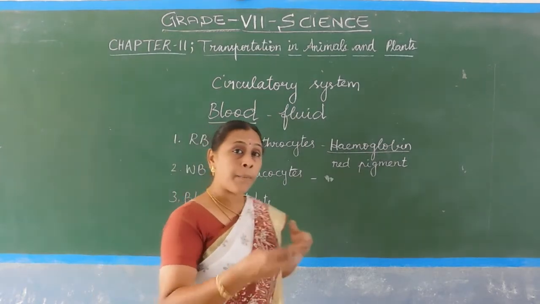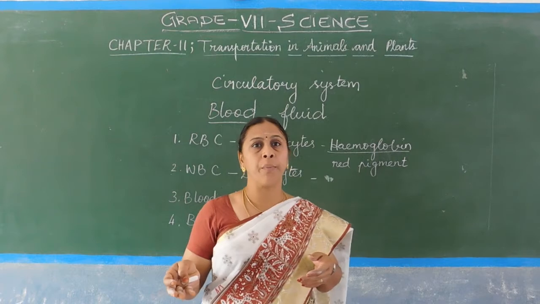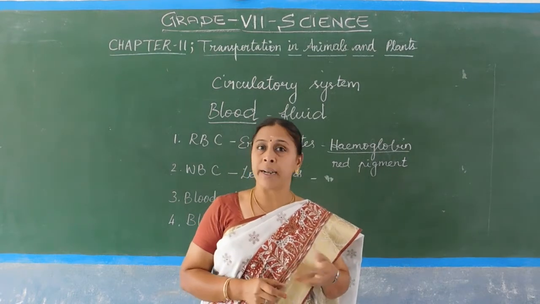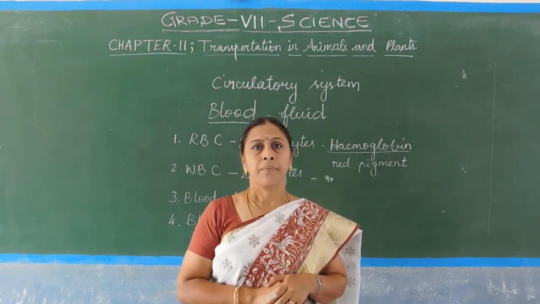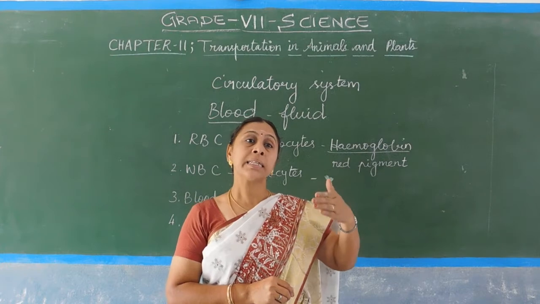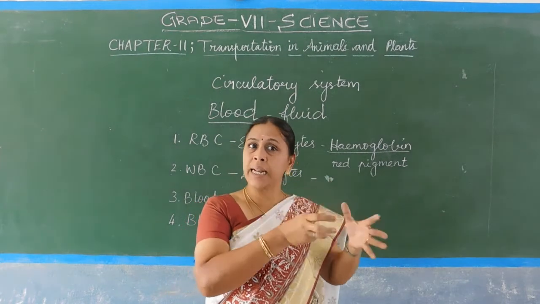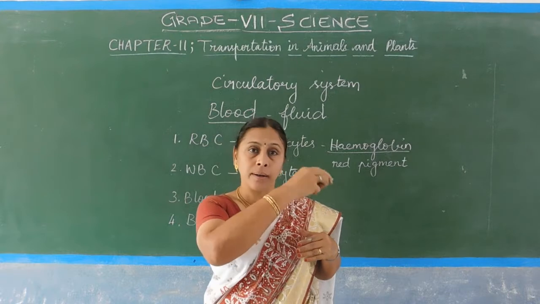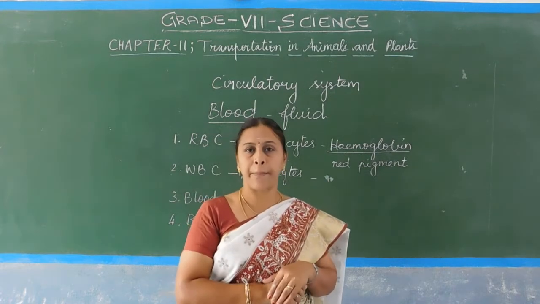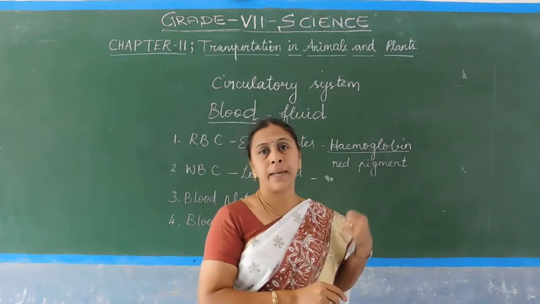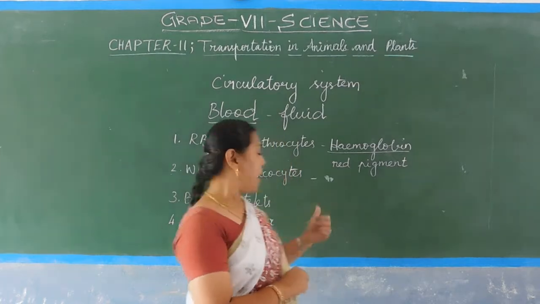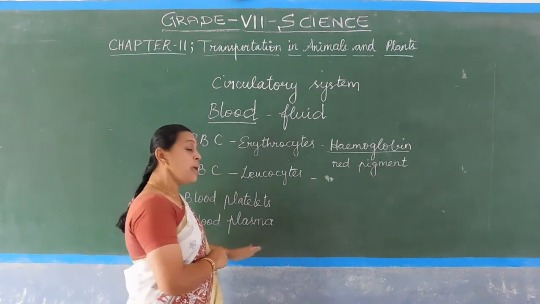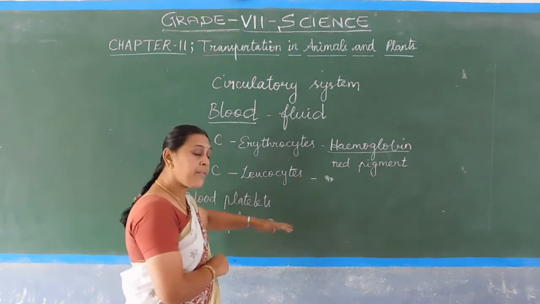Or else the blood will continuously flow out of the body and the life will become critical. So the blood is stopped. It should be thickened and it should be stopped outside the body if any cut or wound happens. And this is done by the blood platelets. And the blood plasma is the liquid part of the blood in which all the